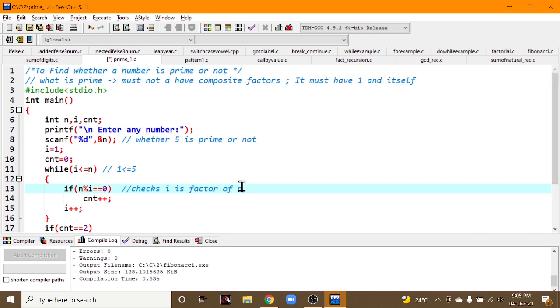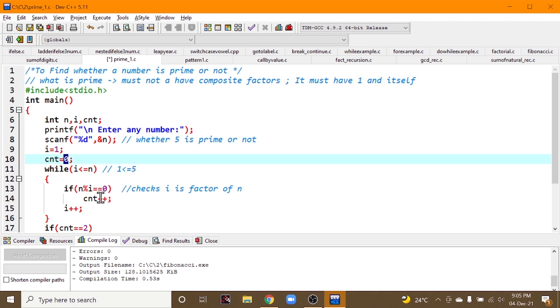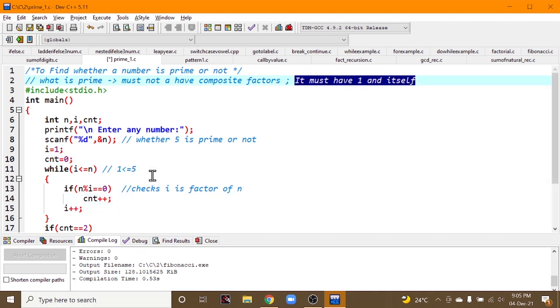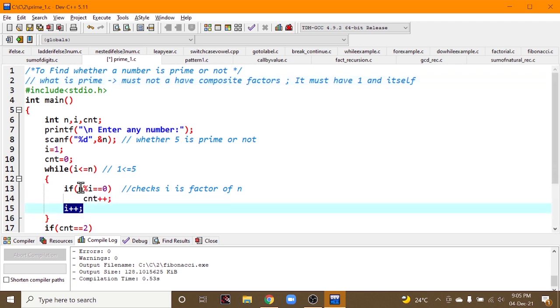If it is a factor of n, count will increase; count was 0, now 1. Our agenda is what? Count must be 1 and itself, that is, count must be 2. Whatever it may be, count must increment, and after this if statement I must also increment i.